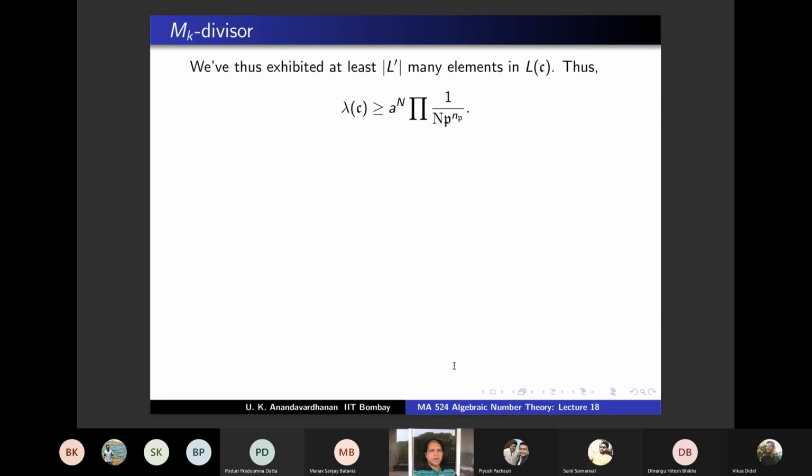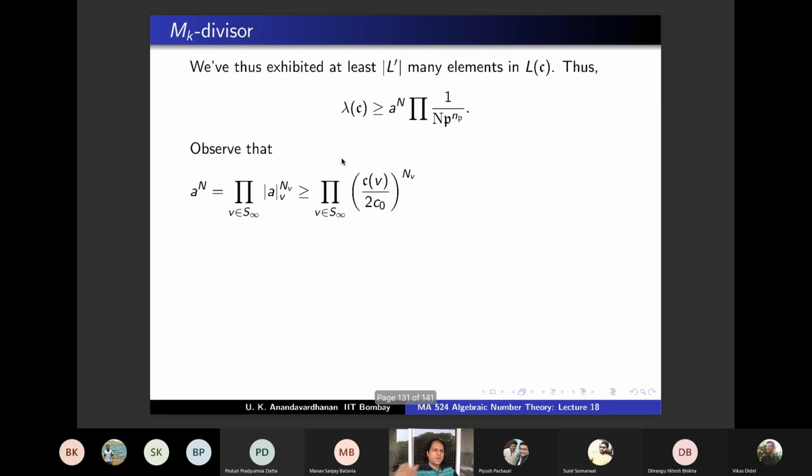But the other property of the cardinality of L prime is that it is at least this much, a power n by 1 by norm p power np. Okay. Now observe what a power n is. A power n is nothing but the product of mod AV power NV as V varies over the Archimedean absolute values; this is my notation for them. You can check, take any number and check that. A power n will be nothing but the product over mod AV power NV over the Archimedean absolute values, which is bigger than or equal to, from the other inequality,